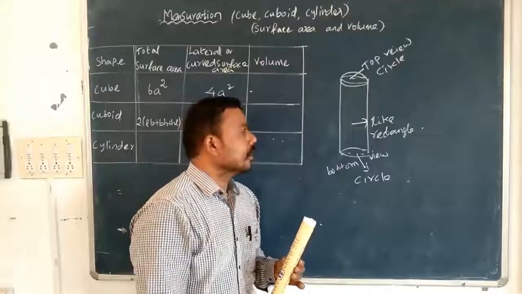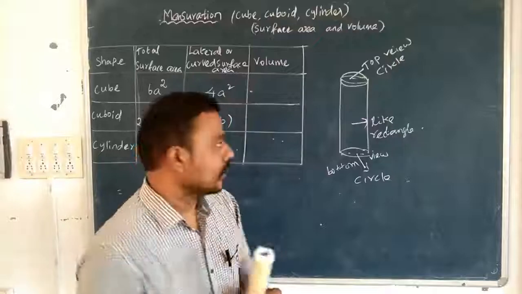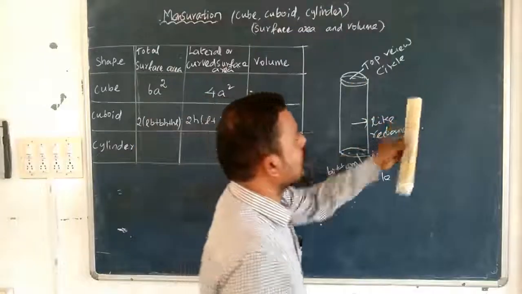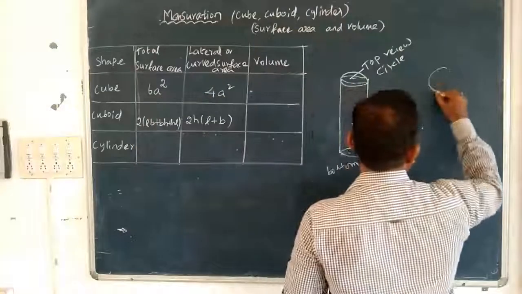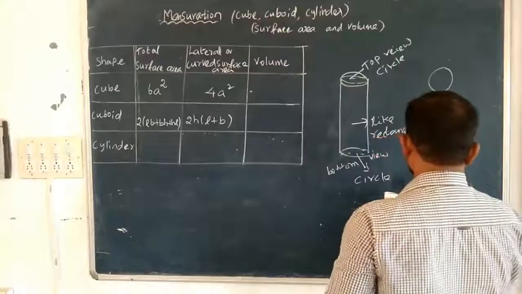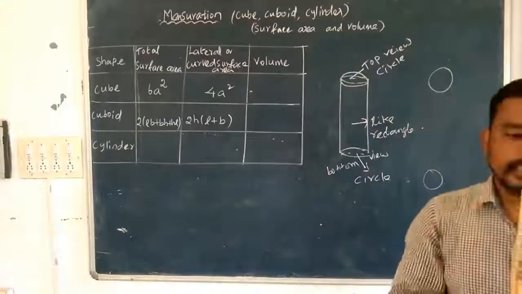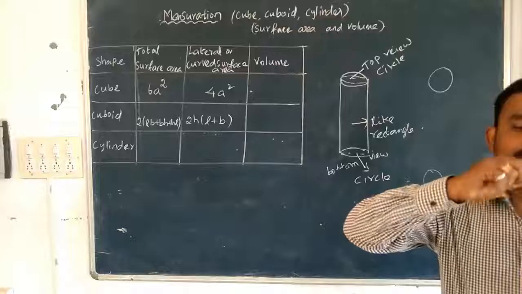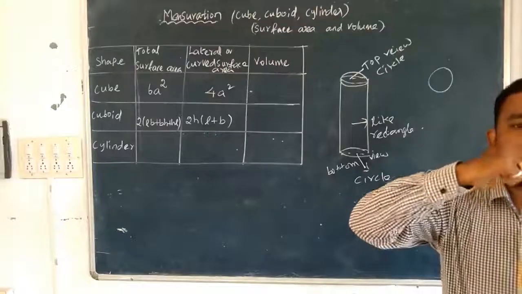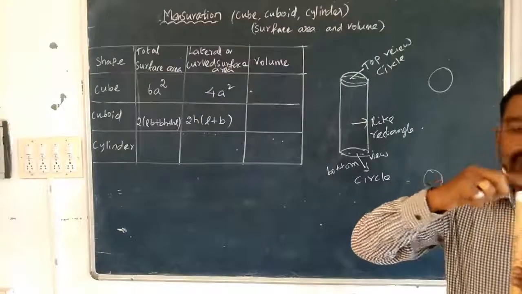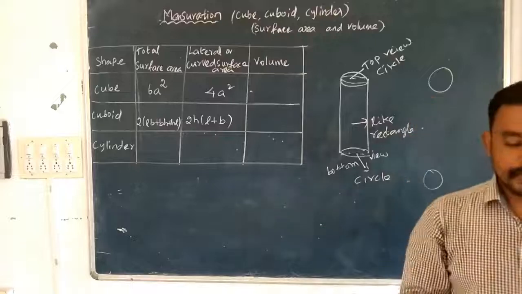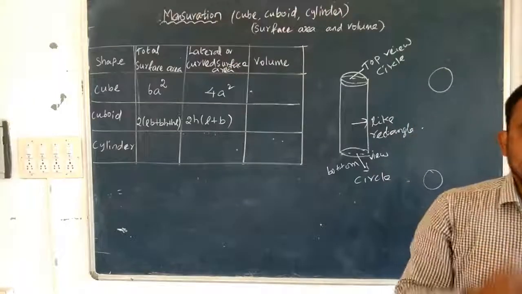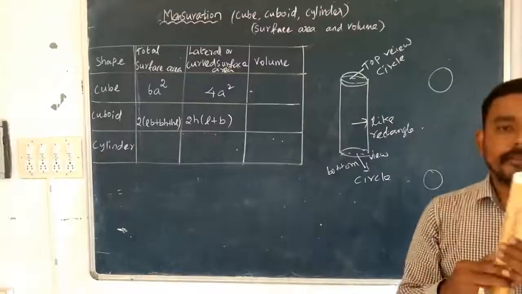This one is a circle, so I am going to put the circle from here. This is also a circle, this side and this side. I am just going to open this. The top is a circle, and we need the circle area, so I just draw the circle. The bottom also needs a circle area, so I just draw it. Now I am going to cut